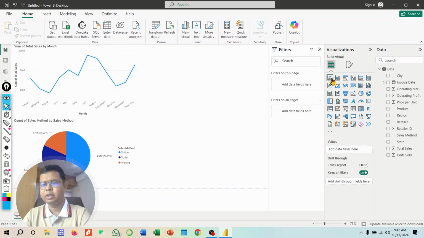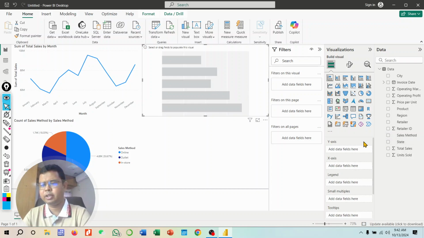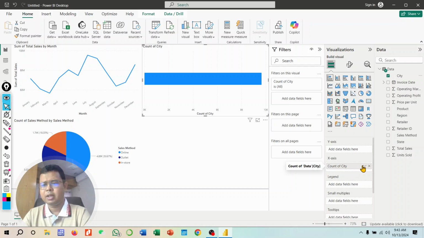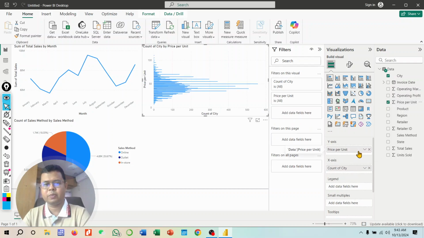Or bar chart. Okay, so bar chart, we can see here. In the x-axis I would like to see the city wise, and in the y-axis I would like to see, for example, price per unit, city wise price per unit. So if I put here city wise price per unit, oh my god, so maybe